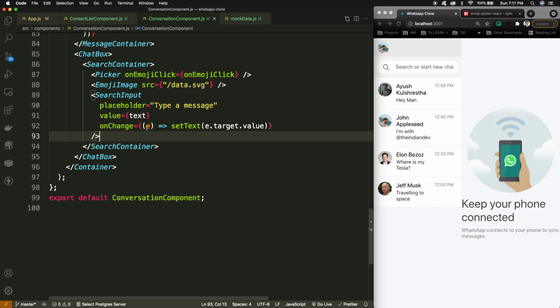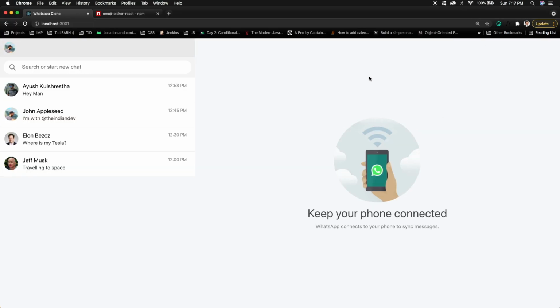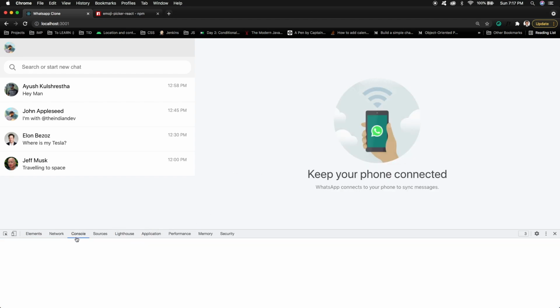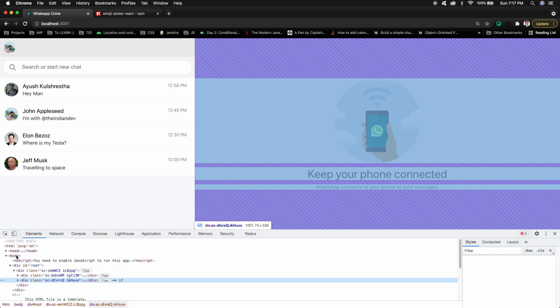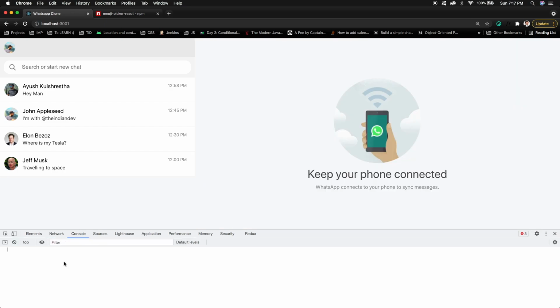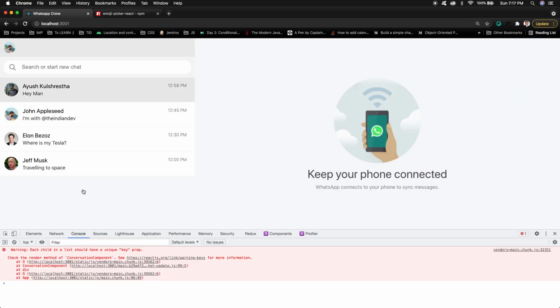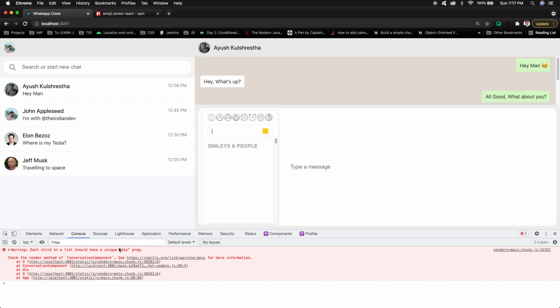Okay, so the set text part is completed for this reason, and we can go to inspect and check what is the error in the console. If I'm clicking on this, then we can see that in the conversation component. Okay, so this is a simple error.